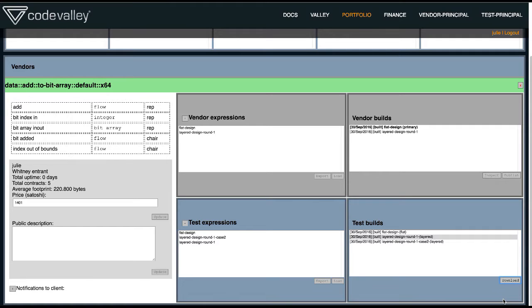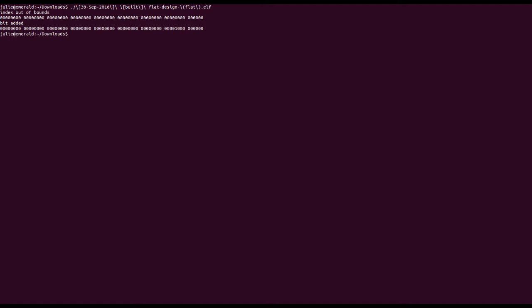You can see now something's happened because our footprint has already dropped to 220. So if we run up the case 1, we expect to see index out of bounds and the empty bit array, then bit added, and then the bit is added at index 60 within the 70-bit length array. Now I'm going to run them up. The first one